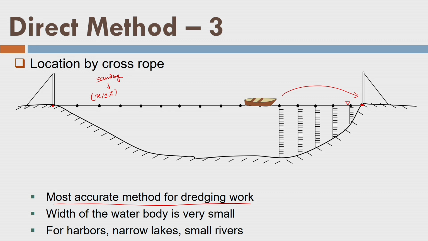Okay. Now again, in case of ray method as well as cross rope method as well as parallel line method, you can see we have assumed that my rope along any survey line, whether it's a diagonal or inclined survey line in case of ray method, or a straight survey line or range line in case of cross rope method or parallel line method, is very much stable, which means there is no wind current and there is no water current. That means water is very stagnant or very still, very calm. So in that case only we use these 3 methods.